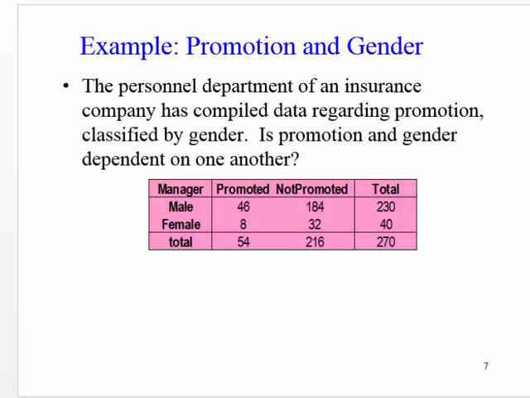Well, you have to see if the probability of promotion equals the probability of promotion given that you're a male, and if that's the probability of promotion given that you're a female. Well, the probability of promotion